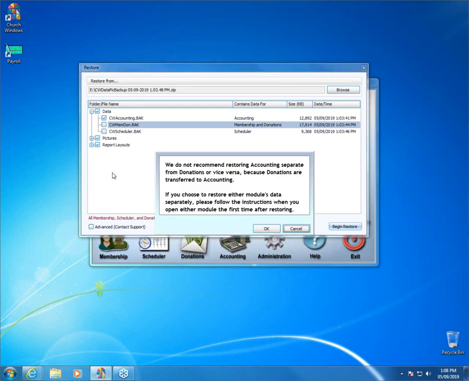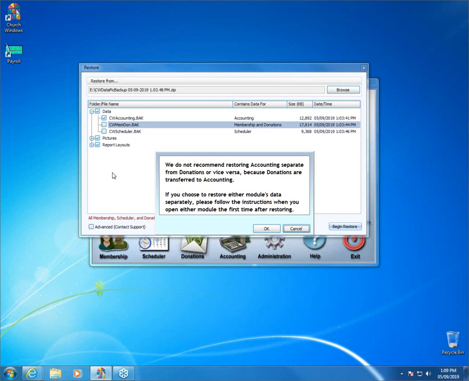And you'll get a little message here that we don't recommend restoring accounting separately from donations because the system kind of keeps track of donations batches and their corresponding transfers over in the accounting module. So every time you open up accounting, it's going to look into donations, see all of your batches there, and then make sure that you have matching